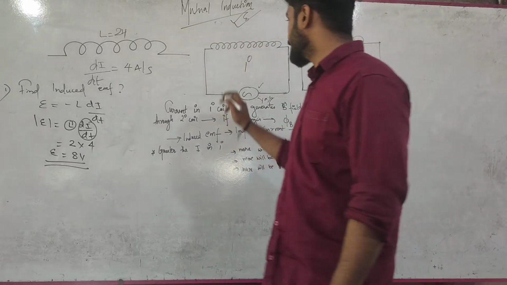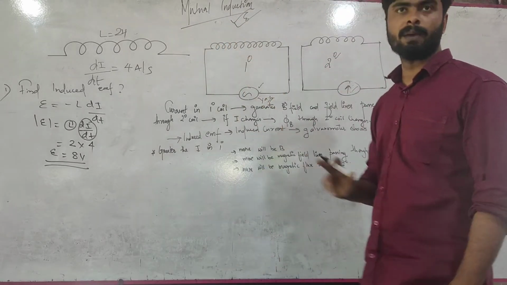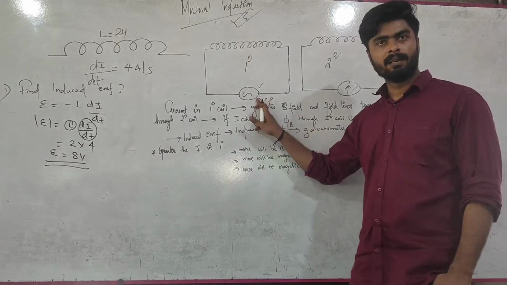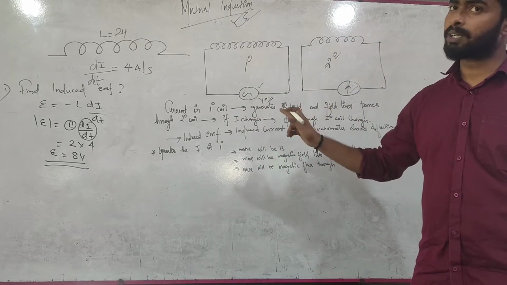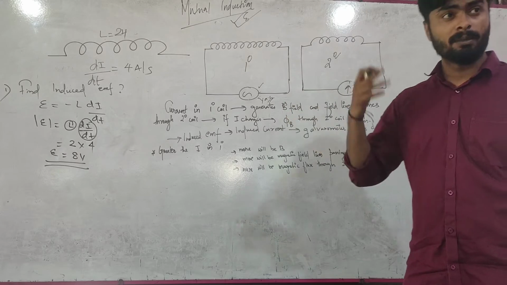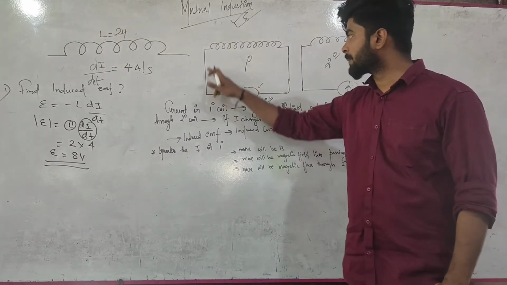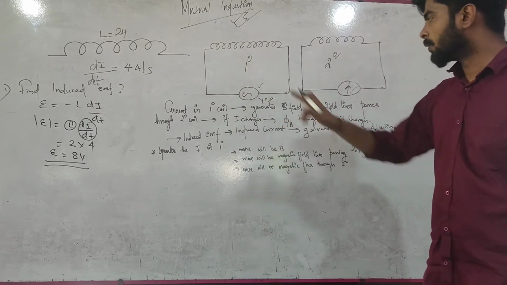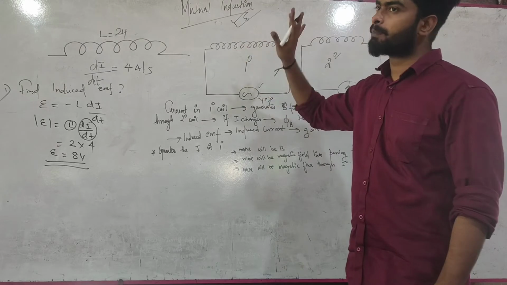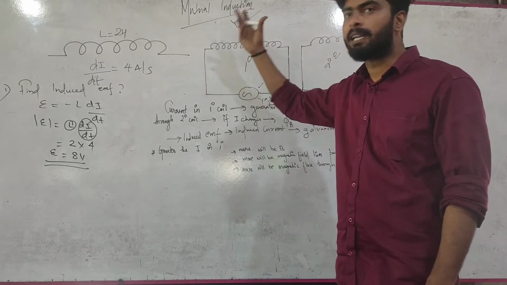So it is said like this: if the current in the primary coil I am increasing or changing, imagine. Since this is AC current, definitely the current through this coil will change simultaneously. Because this is not direct current but alternating current. The magnitude of current keeps on changing. So what happens is that in the primary coil, if current is increasing or decreasing, what will happen? This coil will generate a magnetic field, right? Since this is carrying a current, it will produce a magnetic field around it.